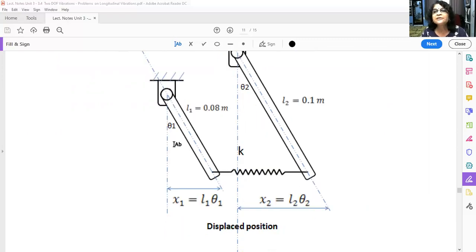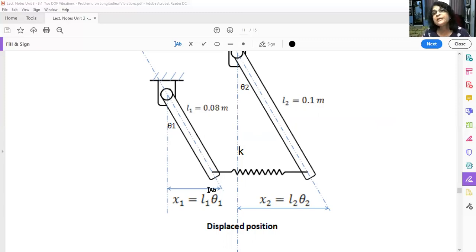See here, this is the spring which will connect these two rods. These two rods have certain masses and lengths. Now if you disturb this system, suppose I rotate this rod by θ1 towards the right. Similarly, this rod is taken by θ2 towards the right and released. How will the system vibrate? Like this or like this, whatever, we have to find out the mode shapes.